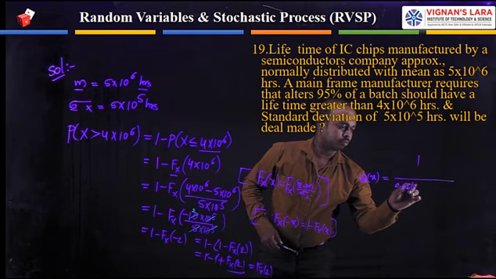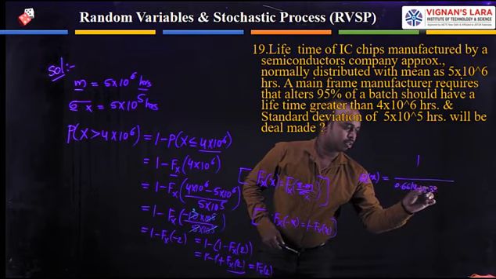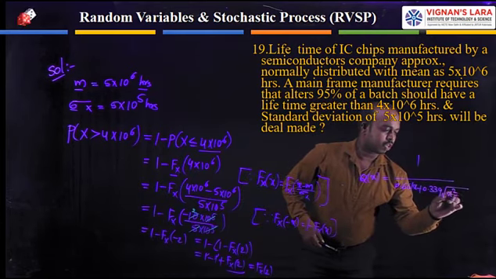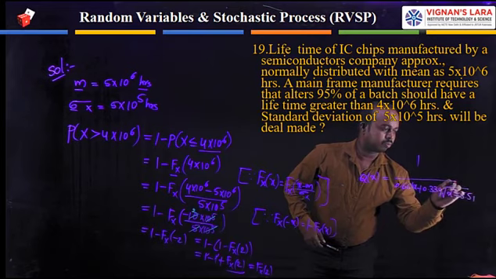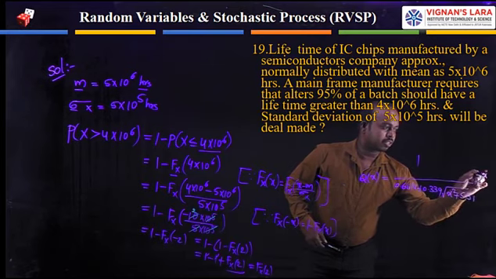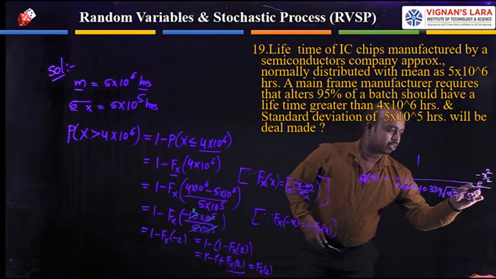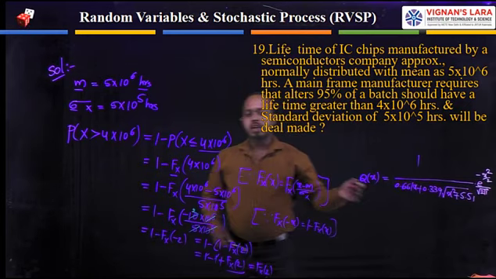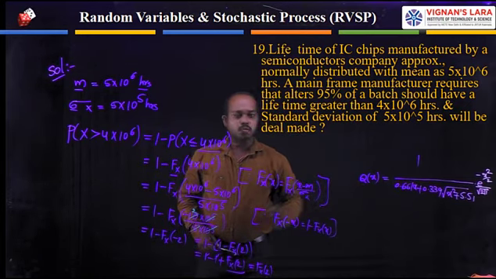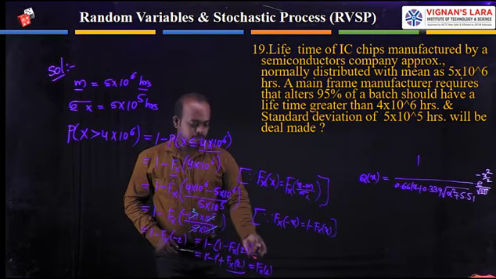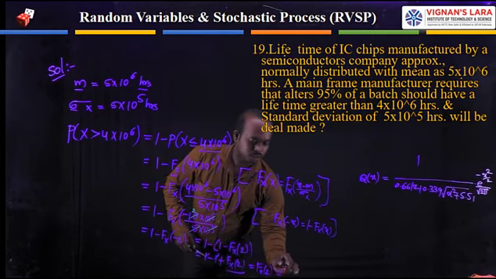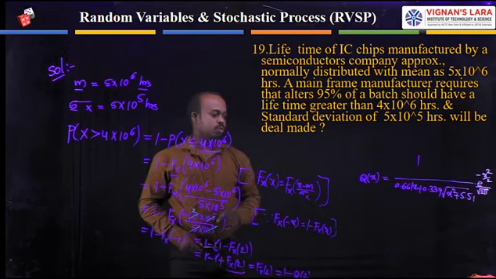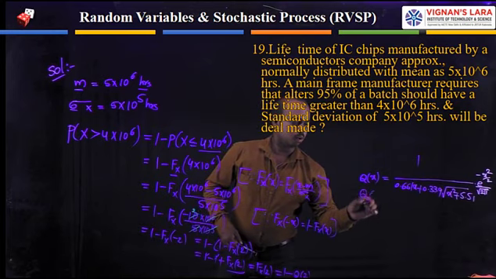1 divided by 0.661 x plus 0.339 square root of x square plus 5.51, into e power minus x square by 2, whole divided by square root of 2 pi. By using this formula, we are able to find the quantity of Q of x. Here the Fx of 2 we can find in terms of Q function as Q of 2. That's why we are able to find Q of 2 quantity.